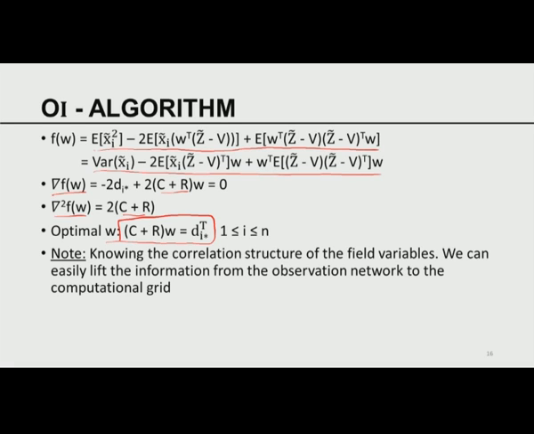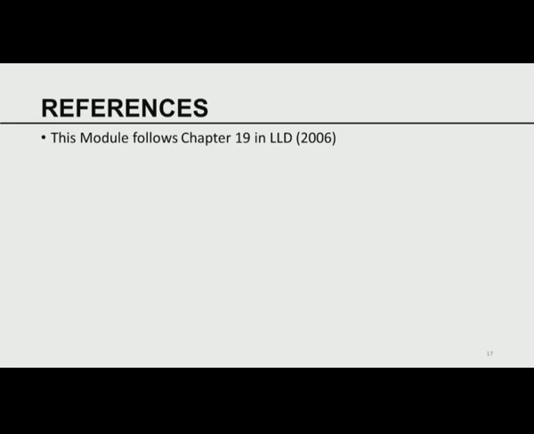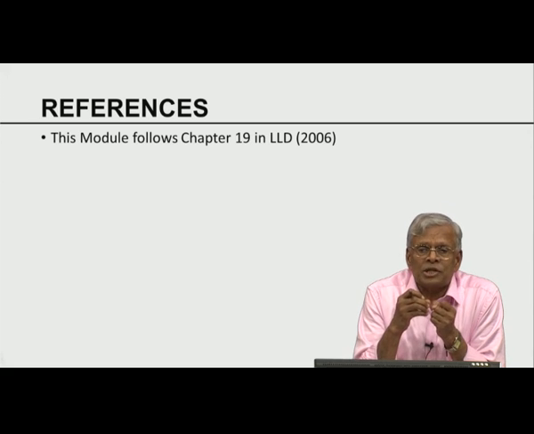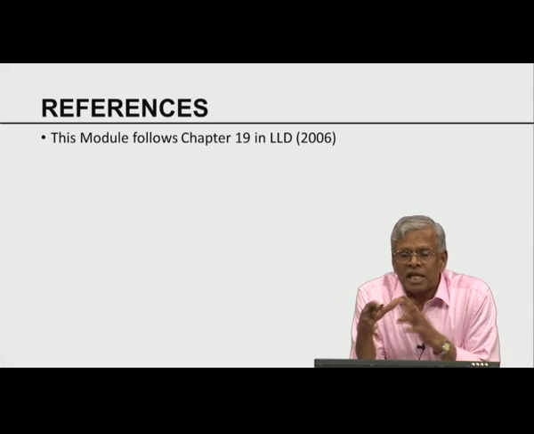So what is the fundamental idea? Knowing the correlation structure of the field variable, we can easily lift the information from the observation network to the computational grid. That's the essence of this discussion. This module is contained in chapter 19, where we have discussed this at greater length, in the book by Lewis, Lakshmivarahan and Dhall, 2006. With this I hope we have given you an opportunity to develop an appreciation for another way of thinking about prediction,